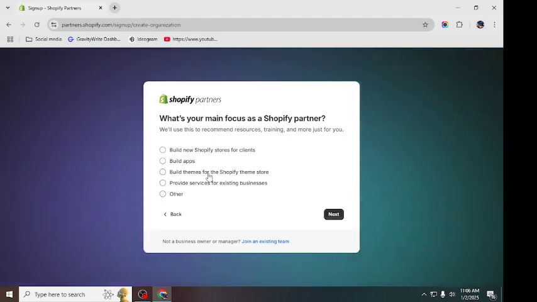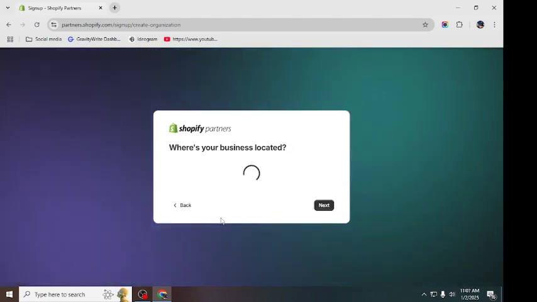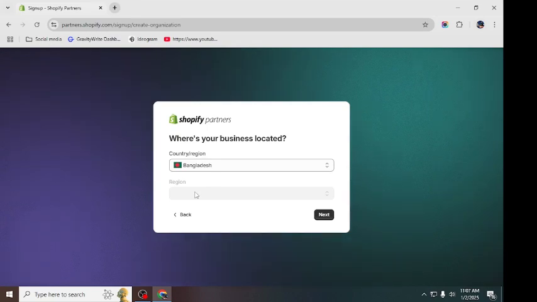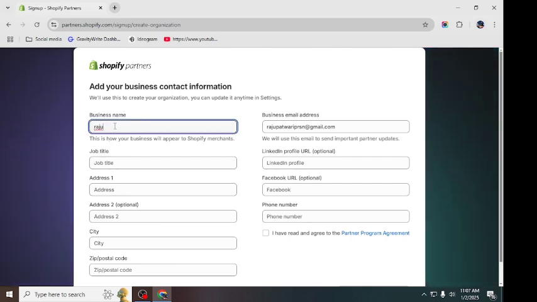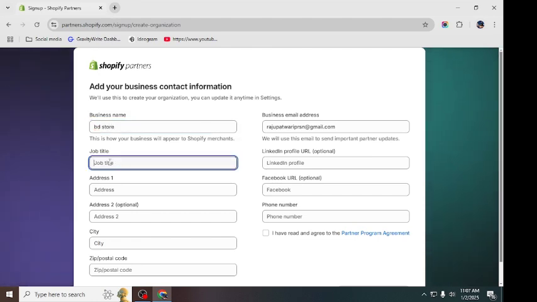File theme for the Shopify theme store. I select this first, Bangladesh, next, and business name, PD store, job title,